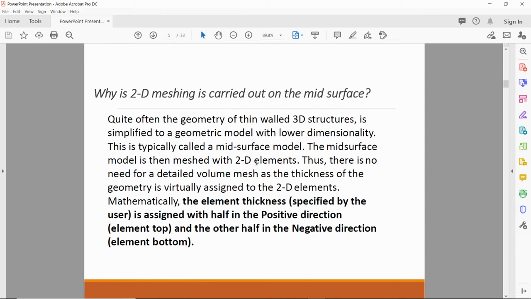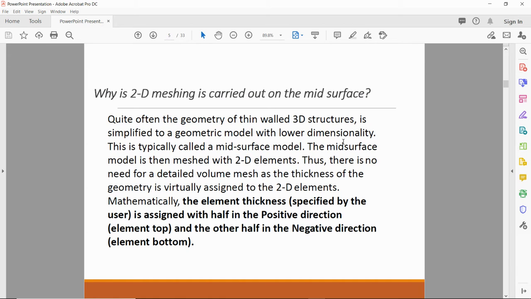So why is 2D meshing carried out on the mid surface? Why is the mid surface required in 2D meshing? The reason is that quite often the geometry of a thin-walled 3D structure is simplified to a geometric model with lower dimensionality. That means if we have to simplify the 3D geometry, then we use a 2D structure.